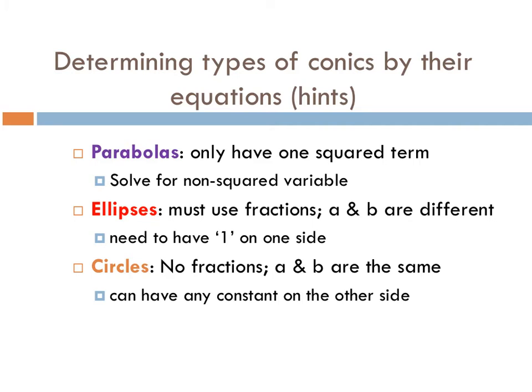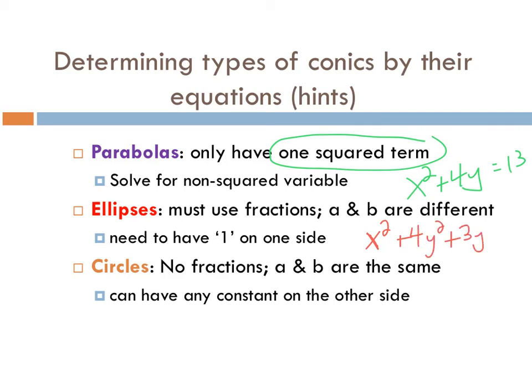In fact, the only way you can figure out if it's a parabola is if you have only one squared term. So if you see just an x squared and there is no y squared, but you see some y terms, since it's just involving one squared term only, either x or y, that's going to be considered a parabola. If it's an ellipse, you're going to have 2 squared terms, so you will see an x squared and a y squared,